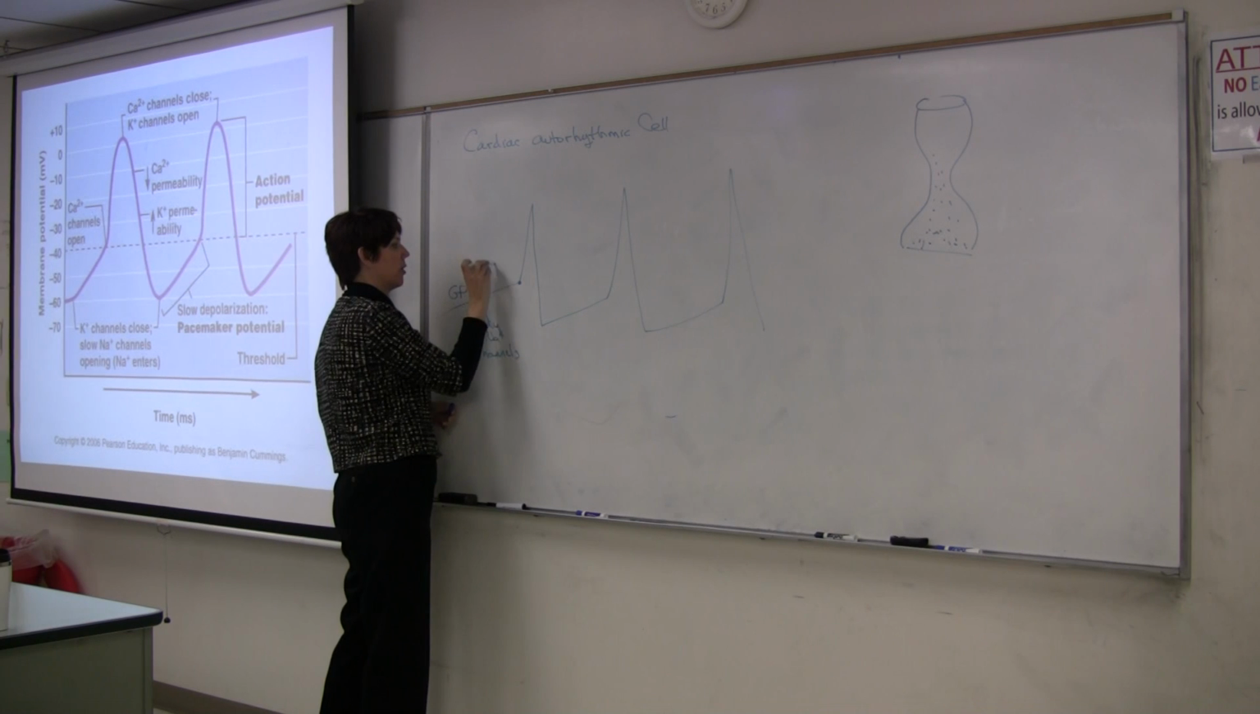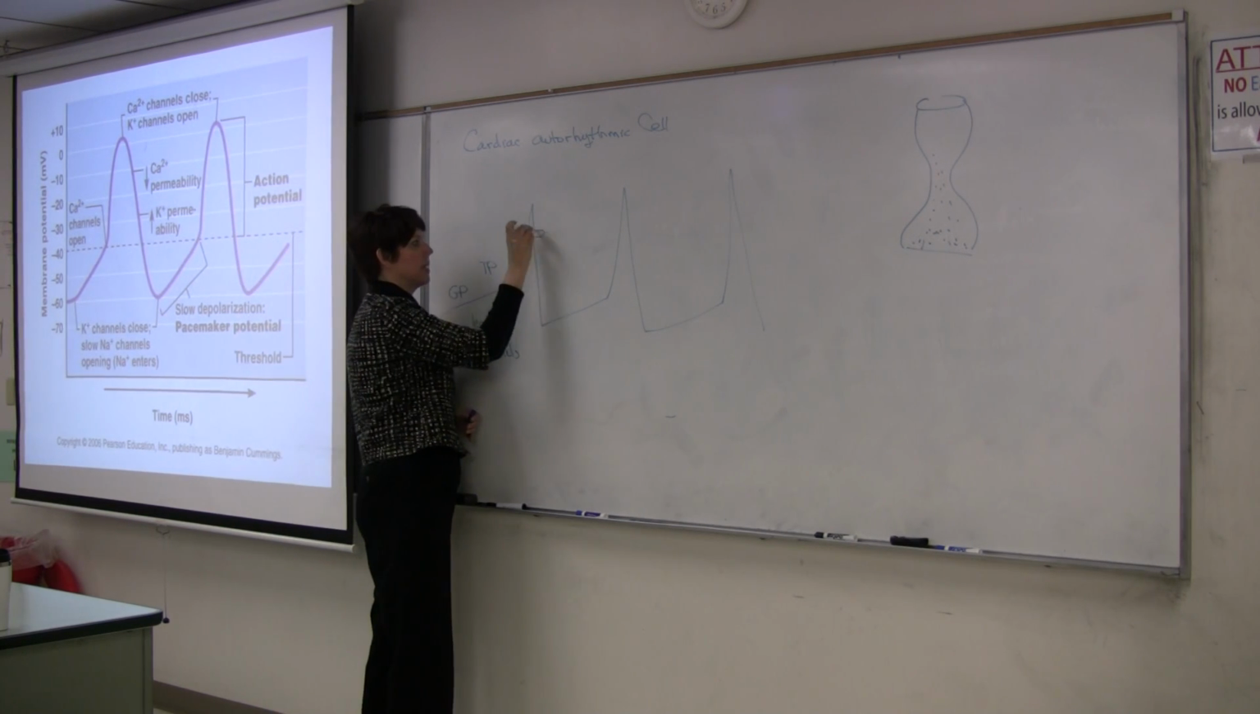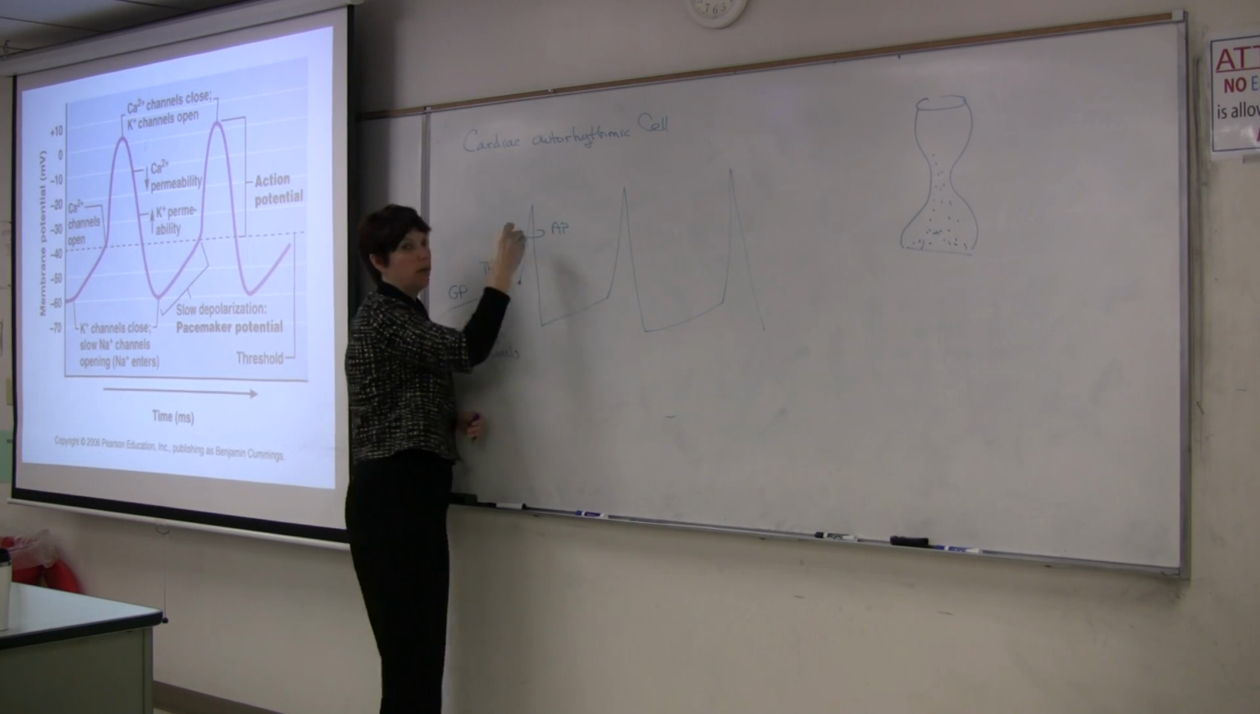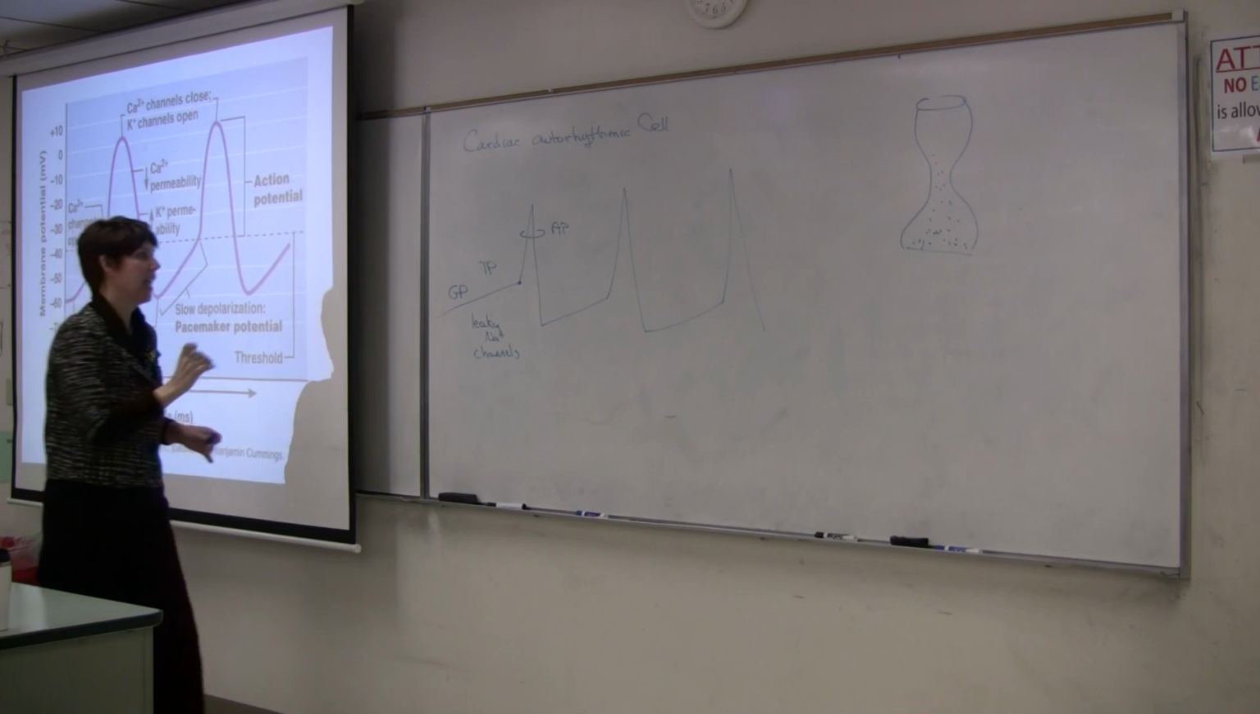We reach our threshold potential. And that means that this is an action potential. The halo is just showing both sides of the action potential, not a true halo. And normally